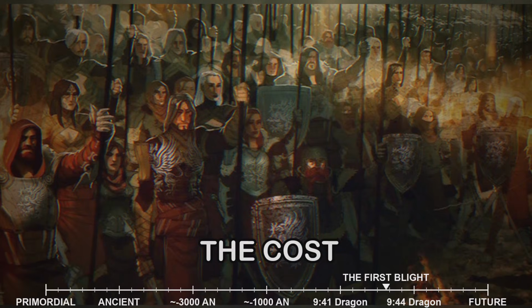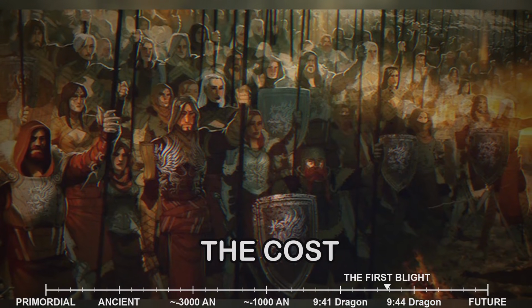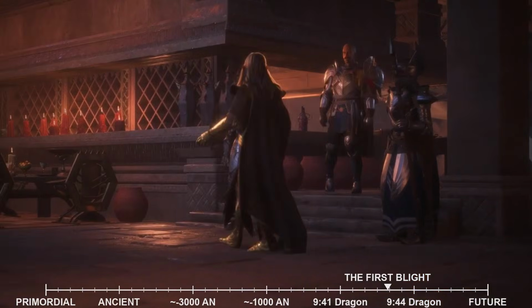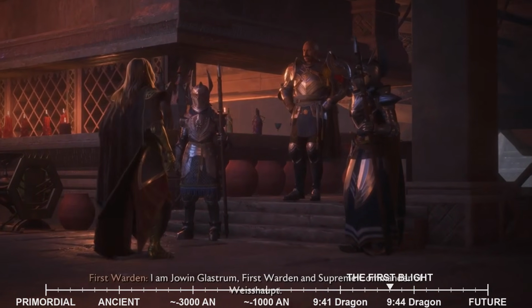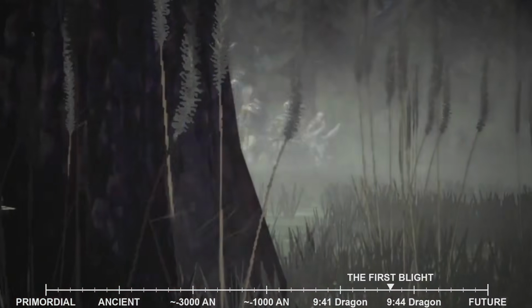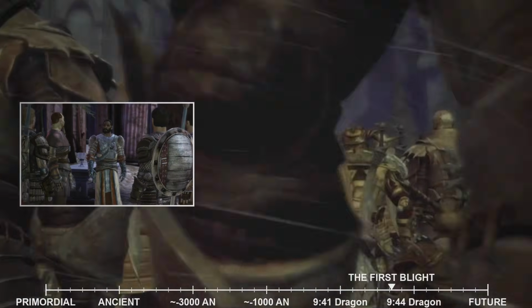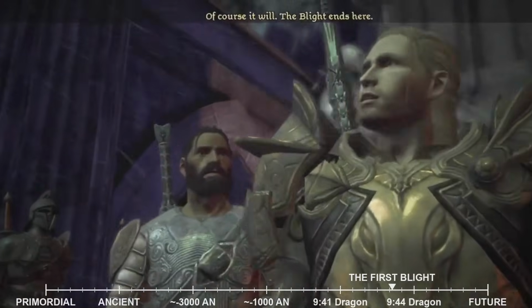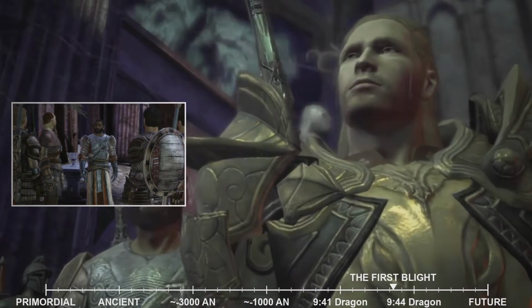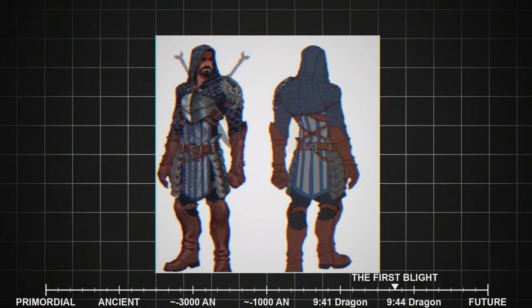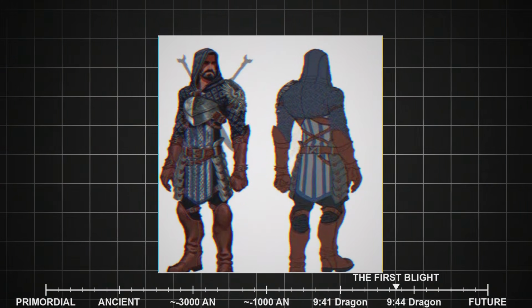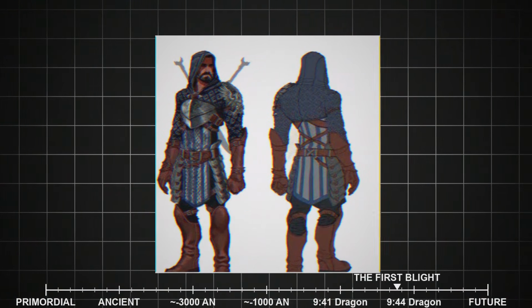Every Grey Warden carried the Blight within them, and eventually it would consume them. They had perhaps 30 years, sometimes less, before the taint drove them mad. When they felt the calling, that final summons of the Blight in their blood, tradition demanded they descend into the deep roads for one last battle against the Darkspawn, dying on their own terms rather than becoming the enemy they had fought. Through years of desperate combat and painful trial and error, the Grey Wardens made the most crucial discovery in the war against the Blight.